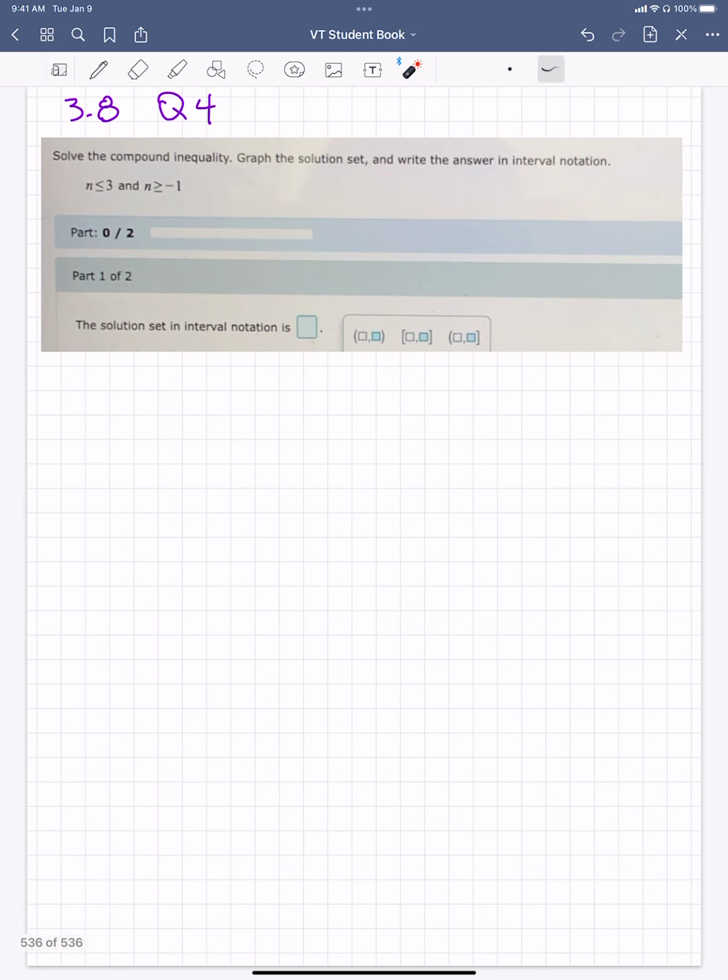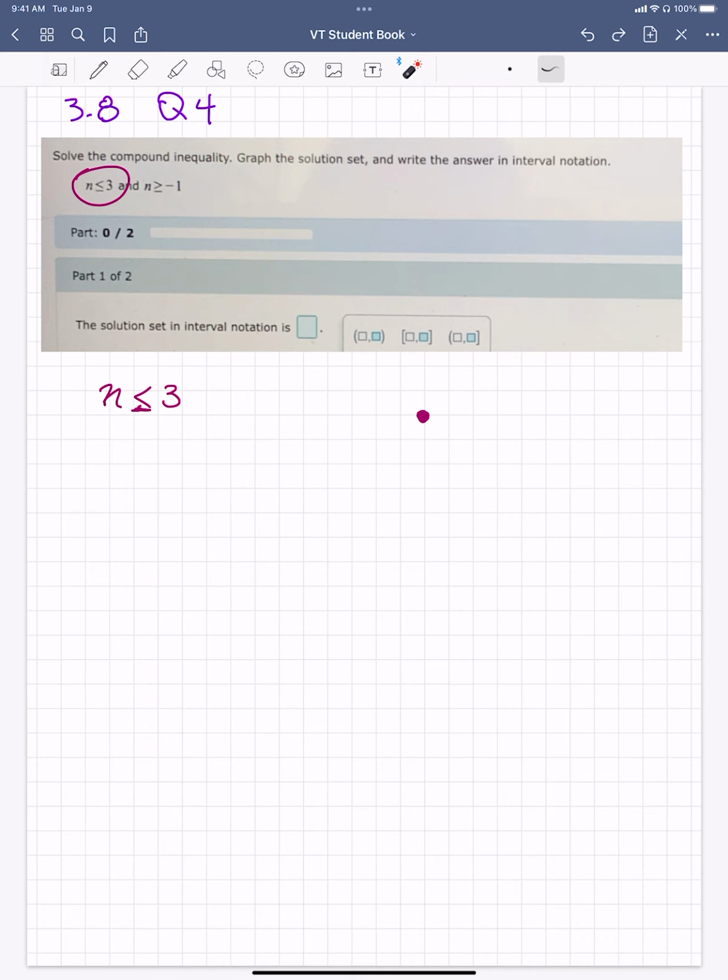Moving on to question number 4. They want to solve the compound inequality, graph the solution set, and write the answer in interval notation. So the first part is n is less than or equal to 3. So let's go ahead and make a 3. And because it's or equal to, that's going to be a filled 3. And because n is less than or equal to,